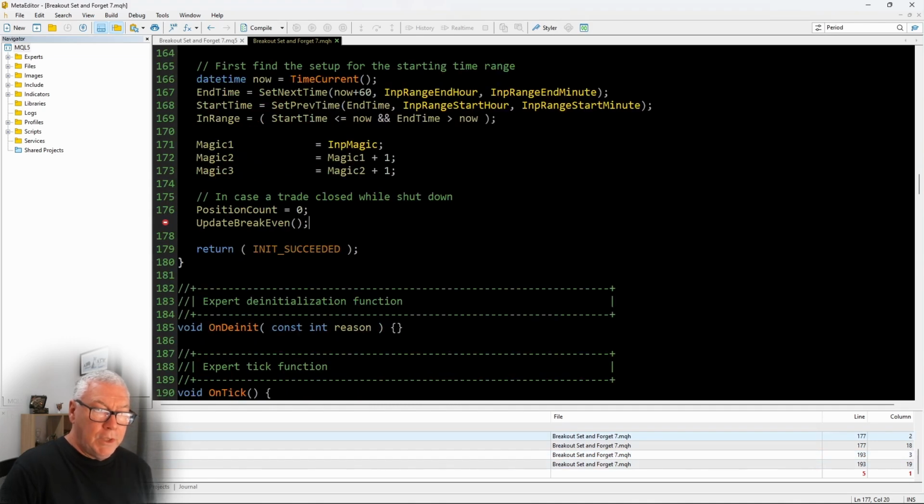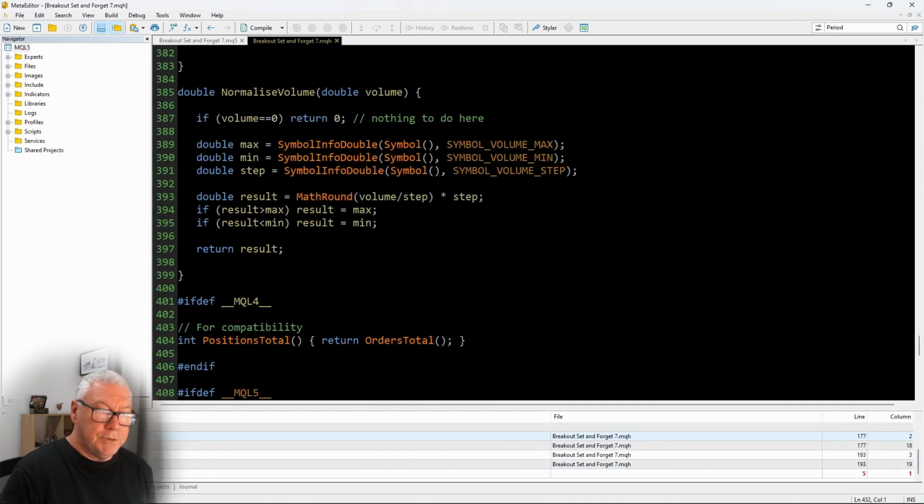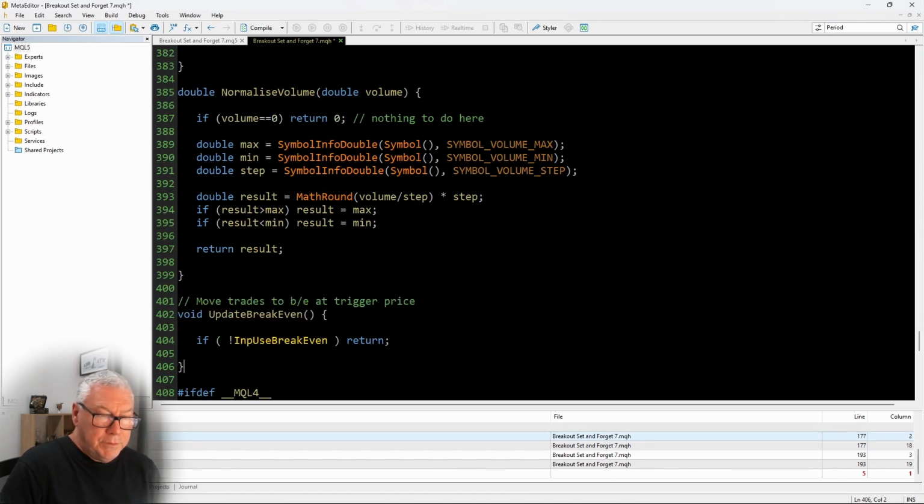So now it's time to write the update break even function. I'll just put it down here at the end of the code, or just before the special MQL4 and MQL5 sections. So the first thing I'm doing is checking that input. If not input use break even, return. So if you don't want to move to break even, then it will just return here. And now to process this break even, and this is part of the complications that I had,